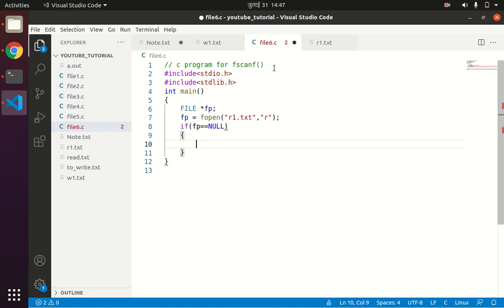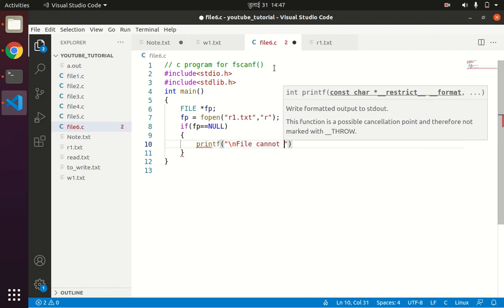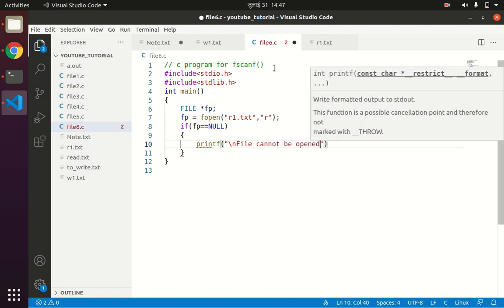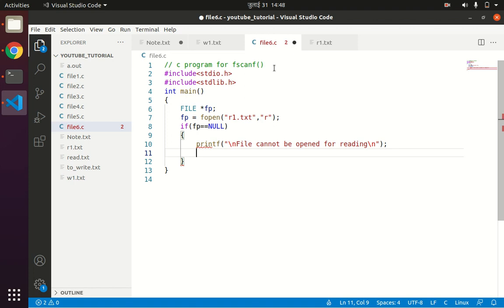If fp equals to NULL, then printf "file cannot be opened for reading" and exit 1.